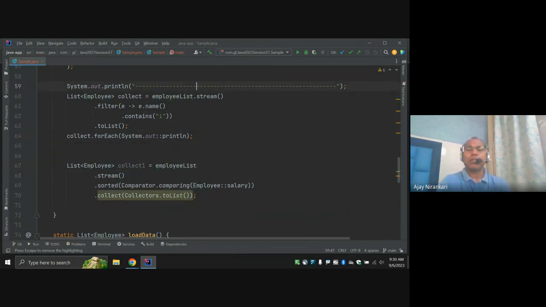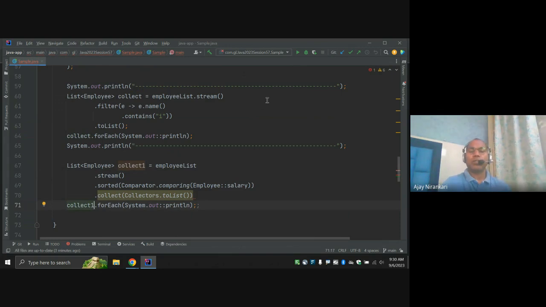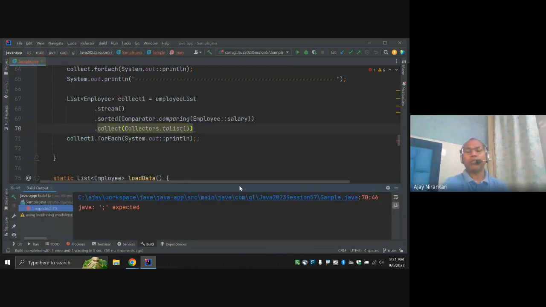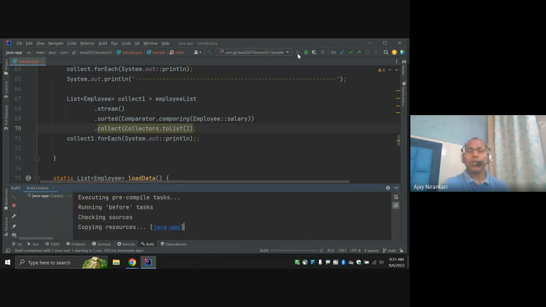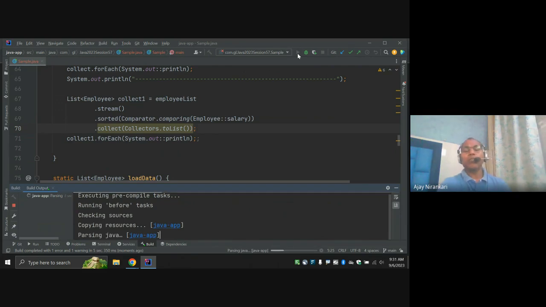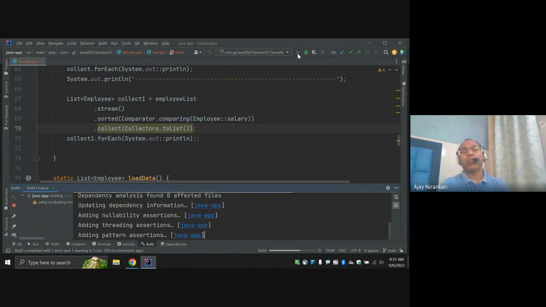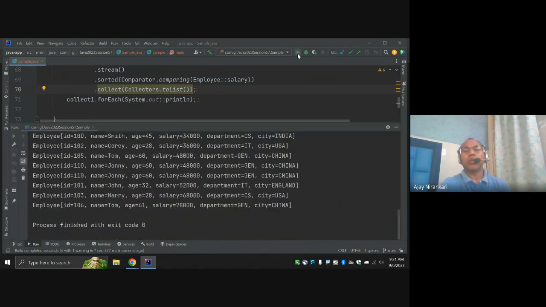So this will collect all the employees sorted by salary, and from here you can find out who is the maximum employee, who is the minimum employee. If you just want the name, you can get the name, or you want just one name and salary, whatever you want. Right, so now here I am getting